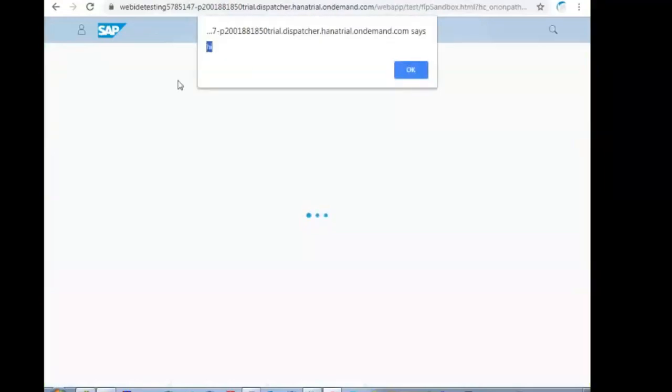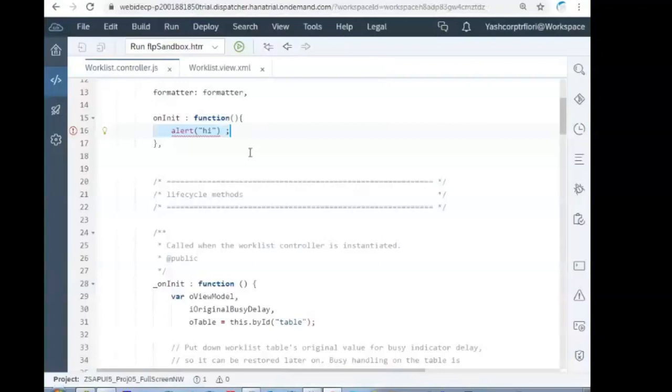So you get the hi message here, which means it has become a full screen template. Put a comma here. Every function should have a comma.